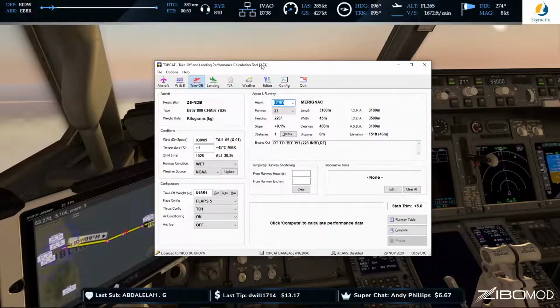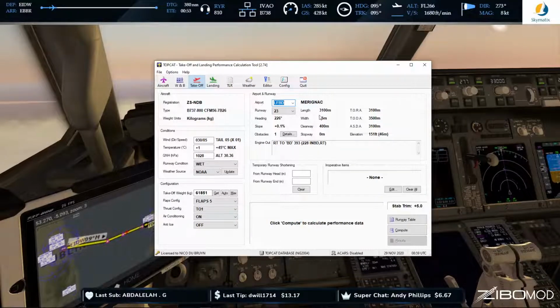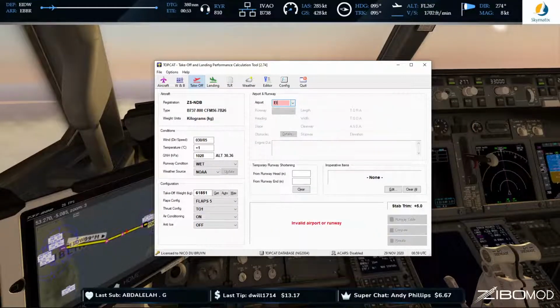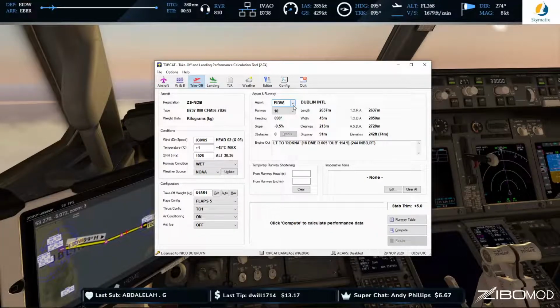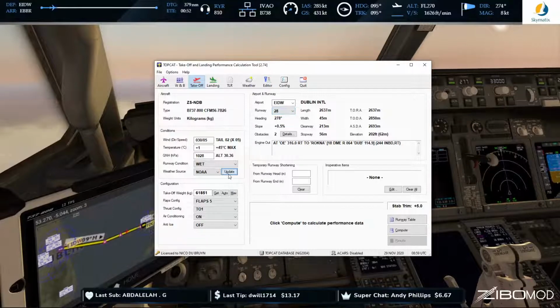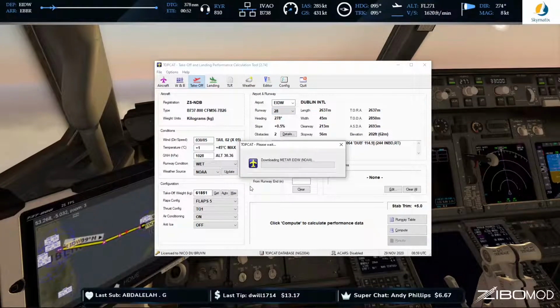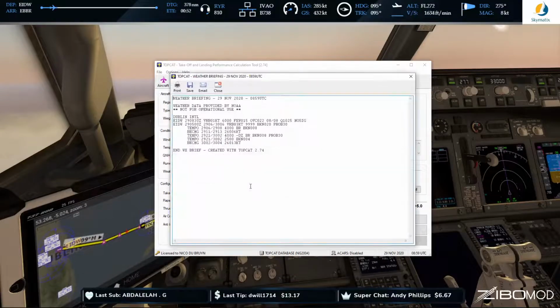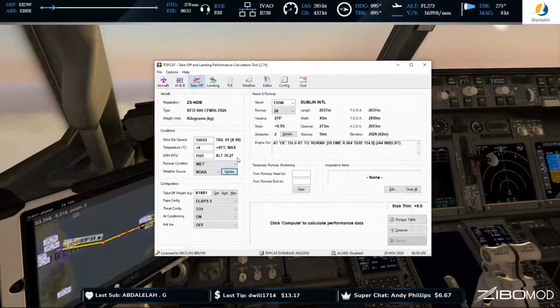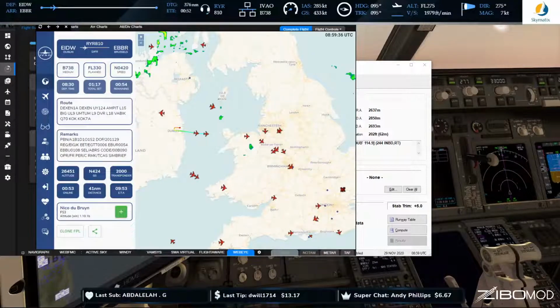Okay, so basically we've got the takeoff calculator here, and we're going to use EIDW. We're going to specify runway 28. No, we don't want intersection, we want full length. Right, so that's 28. I'm going to update the weather quickly. It might have changed slightly from earlier, but we're bringing the weather in because it's important to know the weather. It is dry, it's not wet. Alright, then the other thing we need to know is the takeoff weight. So I'm just going to quickly go back to